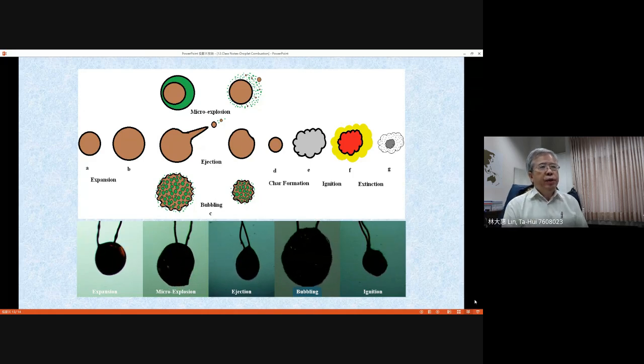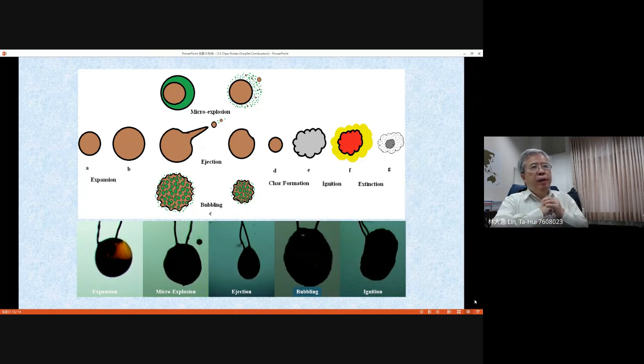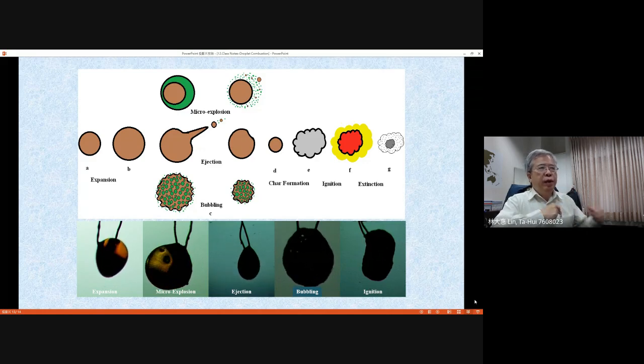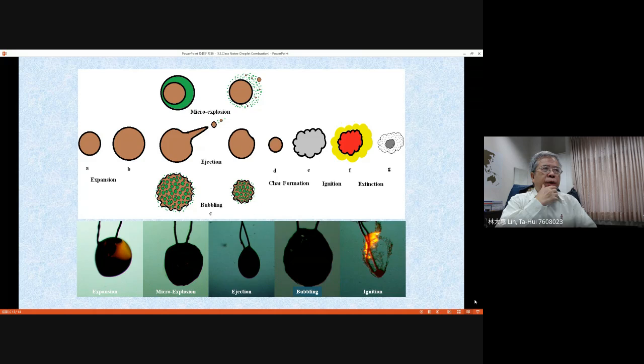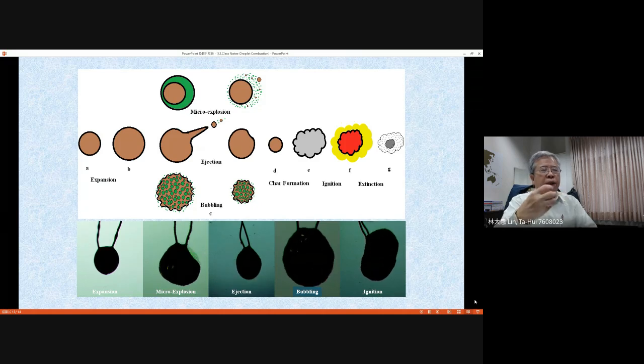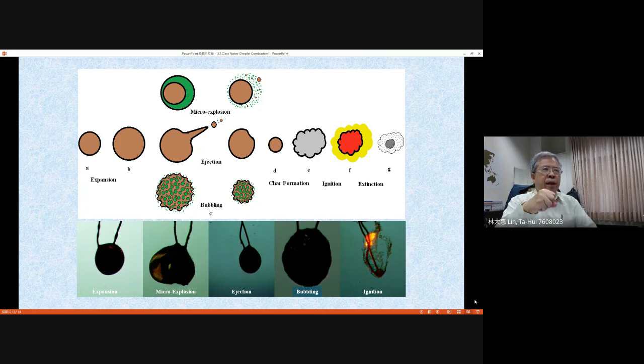We just introduced the micro explosion behavior by considering water and oil emulsions. Especially, we introduced two groups of WO slurry. For the first one, we use a lower boiling point liquid fuel mixed with water as an example. The other group is a highly volatile liquid fuel mixed with water. From the experiment on the first group, as you know, the whole burning will be ended by the extinction